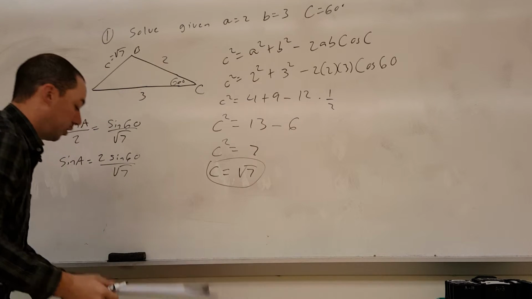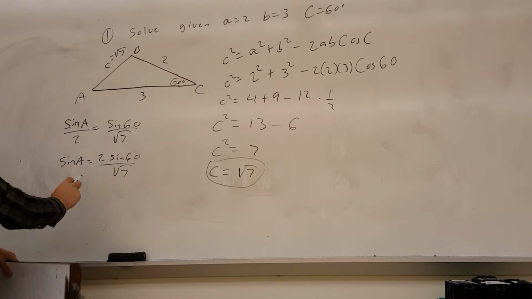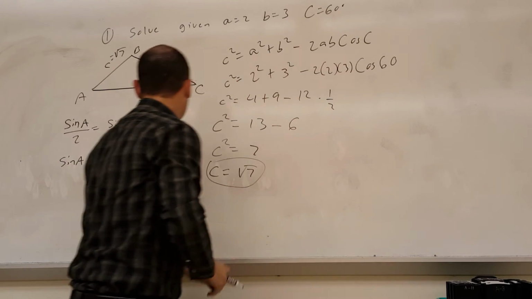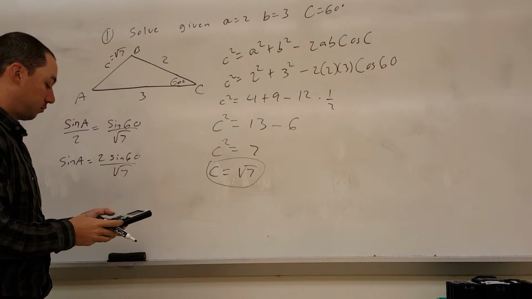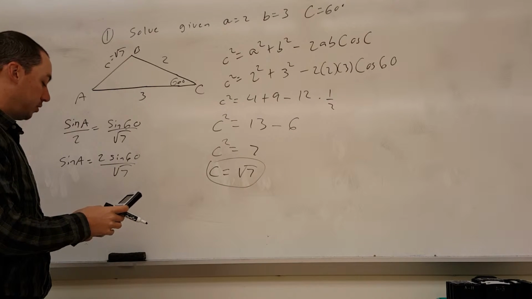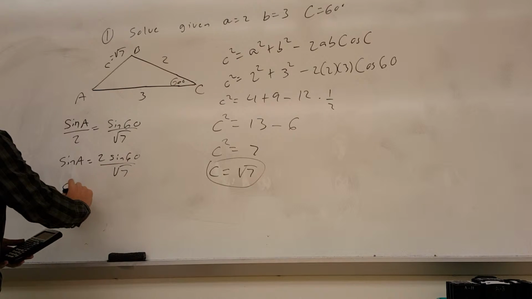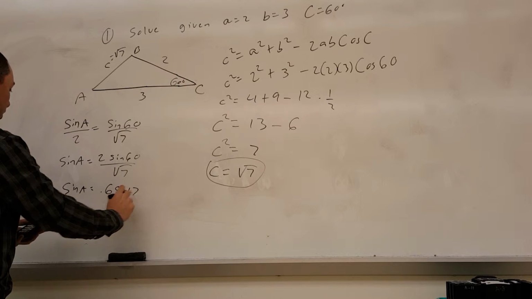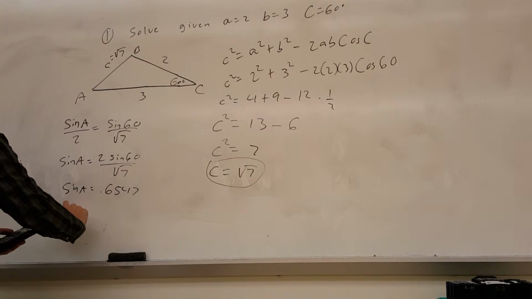Calculator, okay. 2 sine 60 divided by root 7. We get sine of A is equal to 0.6547. So inverse sine to find angle A. We get A is equal to